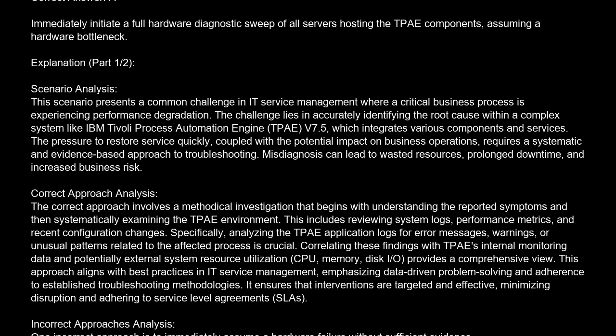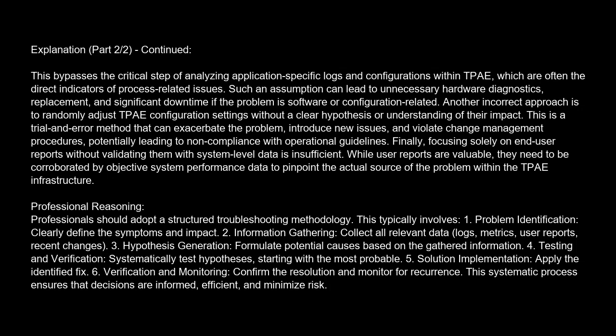Incorrect approaches analysis. One incorrect approach is to immediately assume a hardware failure without sufficient evidence. This bypasses the critical step of analyzing application-specific logs and configurations within TP, which are often the direct indicators of process-related issues. Such an assumption can lead to unnecessary hardware diagnostics, replacement, and significant downtime if the problem is software